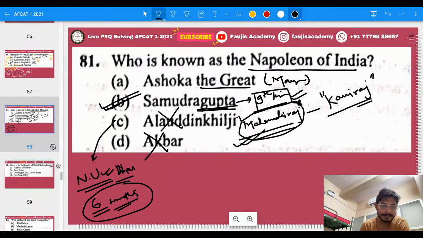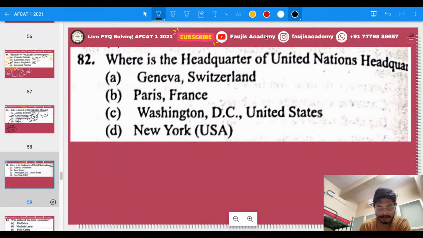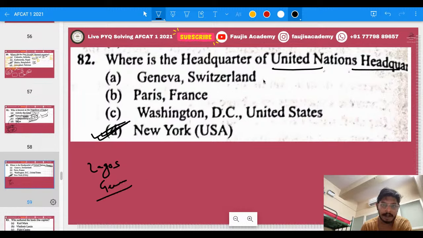All right. So the next one is, where is the headquarters of the United Nations located? The United Nations headquarters is located in New York, and a satellite headquarters is located in Lagos, Nigeria, and also in Geneva. In Geneva, Washington DC, France and Paris, more specialized units are there. Like there is the United Nations, and there is the United Nations